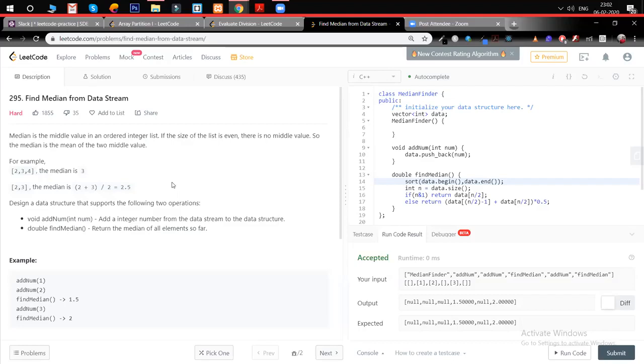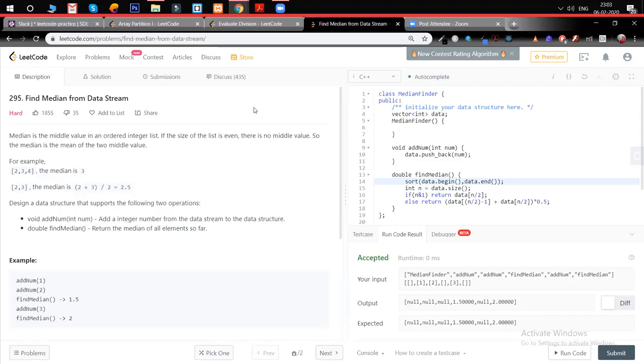Can you repeat it, please? Yeah, so let's say we have number 1. I have a min heap and a max heap, and my max heap size can only be greater than the min heap by 1. Why I'm doing this is because the median can be the middle number, or the sum of two middle numbers, right? So my max heap will contain 1 when I get 1 as input.